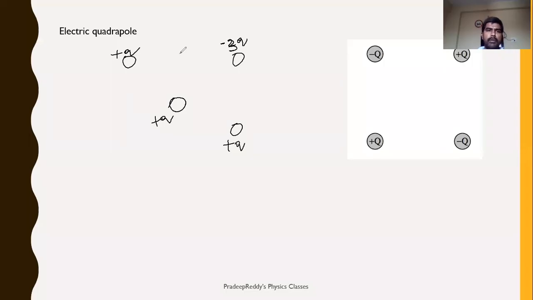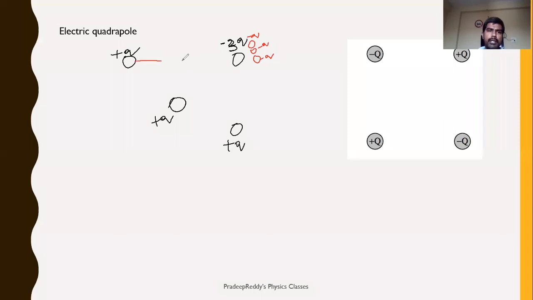So let us take one more example. We have three different charges, plus Q, plus Q, plus Q, situated over there. And here minus 3Q is the single charge, which is sharing its charge with all these three charges. Okay. So what I do, I'll write this minus 3Q as three individual charges, 1, 2, and 3. It is having minus Q charge. This is having minus Q charge. This is having minus Q charge. So minus 3Q can be distributed as 3-point charges.